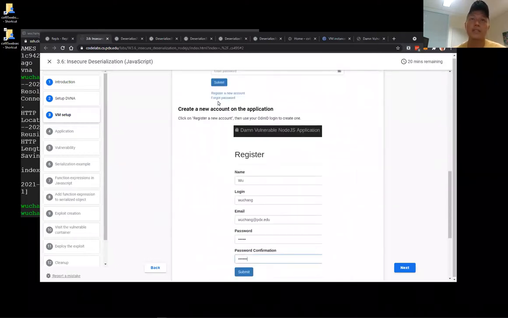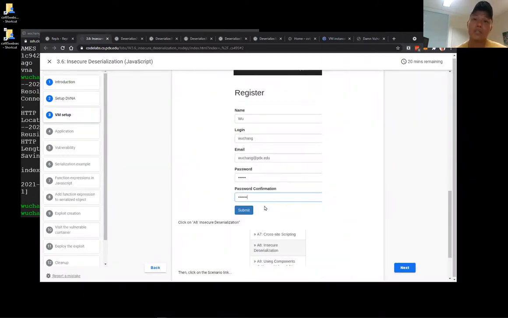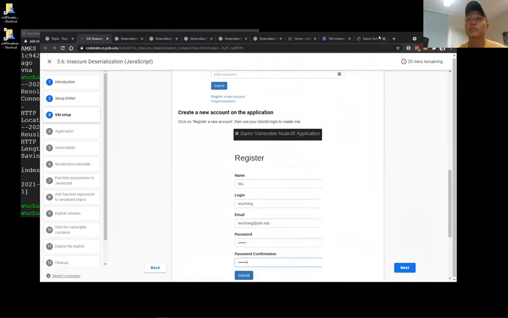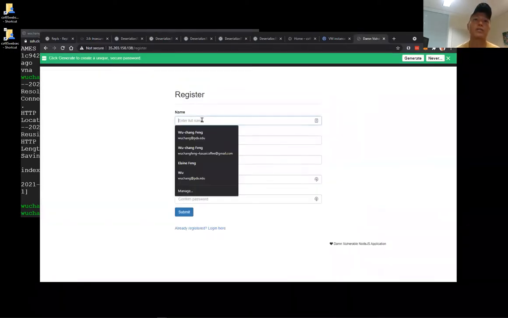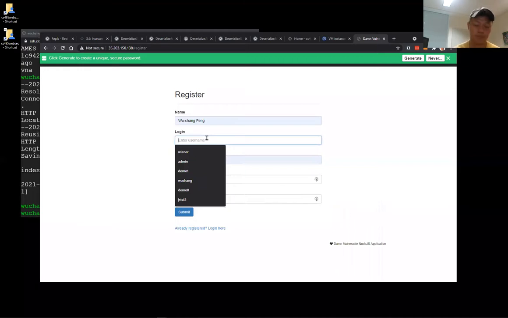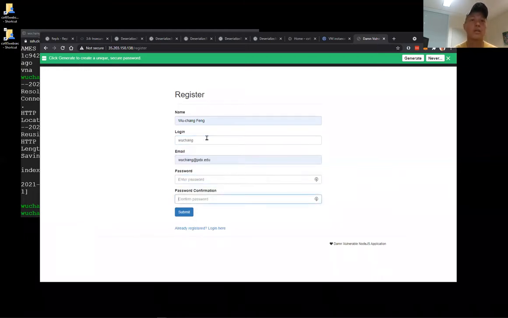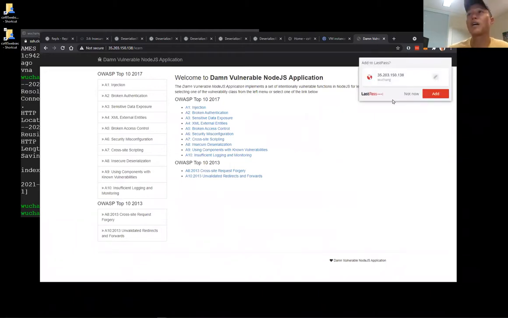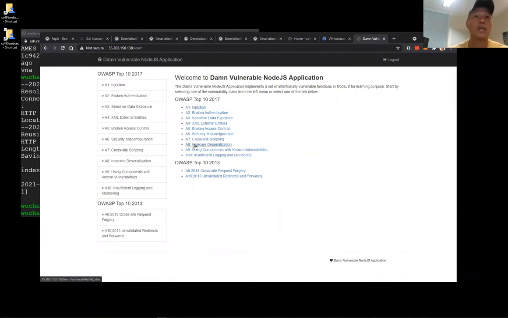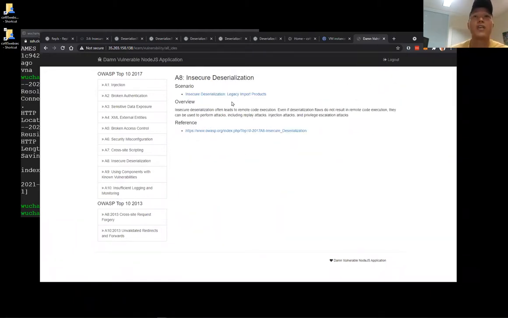The lab has you create a new account on the application. So that's what I'm going to do next. Register a new account, enter my full name, create a strong password, and then go to insecure deserialization. And then this is the scenario. I have a legacy import product